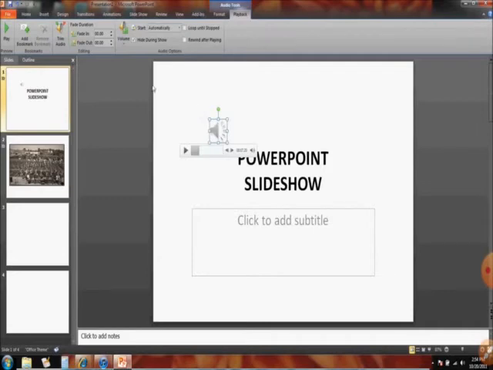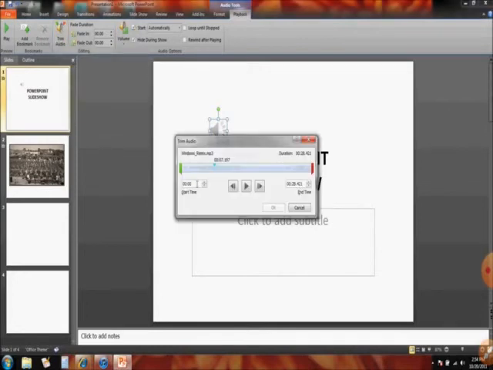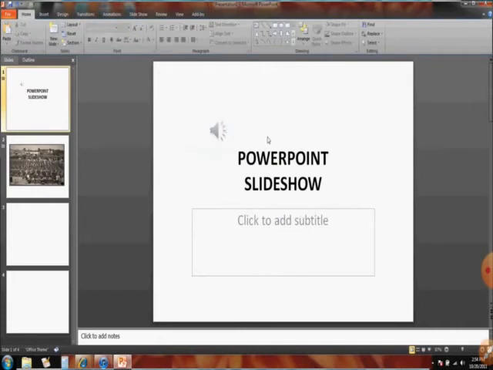And now you want to trim. Okay student, for volume you can set it low, or high, or keep it mute. For trimming, the option is given: click on Trim Audio, and you can adjust your audio from the starting or from the ending. Which part you want to keep or which you want to cut, you can slide the slider from the left and right hand side. Set the part you want to play, and click on the OK button.